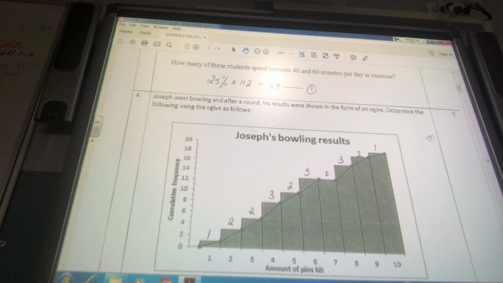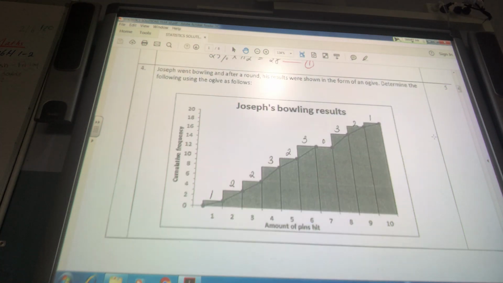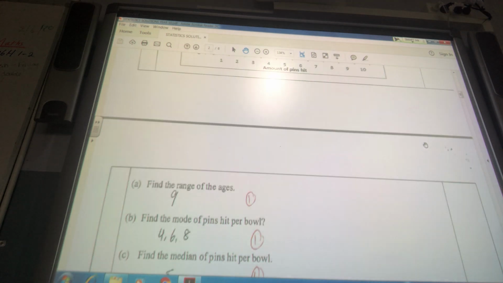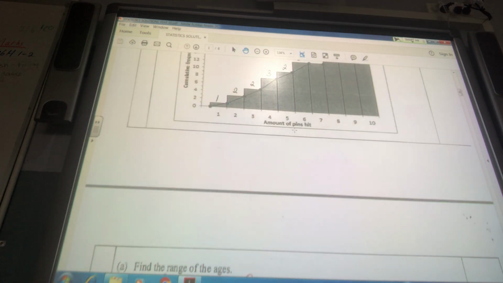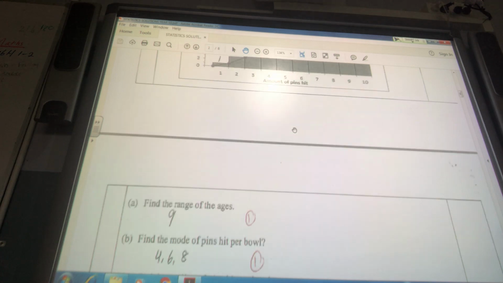Question 4. A lot of you didn't even get any marks for this question, to my surprise. What are the actual scores? The scores are on the horizontal, right? 1 to 10. So the range is going to be just 10 minus 1. It's very straightforward. 10 minus 1, so it's 9. And the mode,